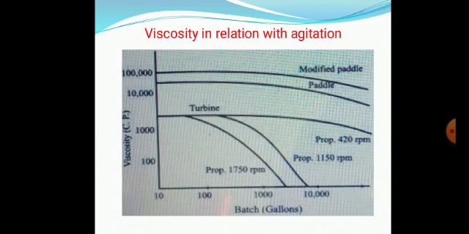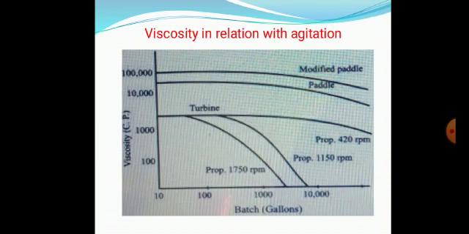So 100 means less viscosity, 100,000 means more viscosity. It's given in CP. And on the other side you can see gallons. Gallons means quantity of media, from 100 liters of media to 10,000 liters of media. So you can see that as the media quantity increases and the viscosity increases, the type of agitator also